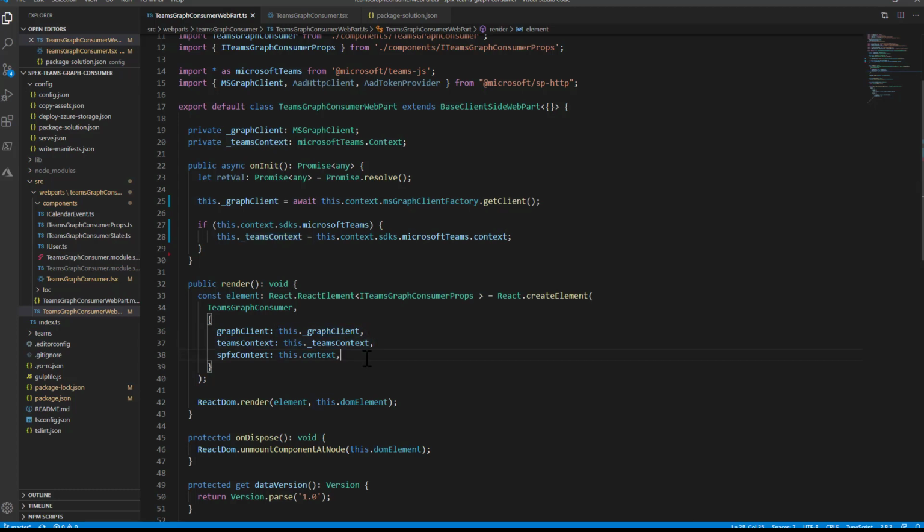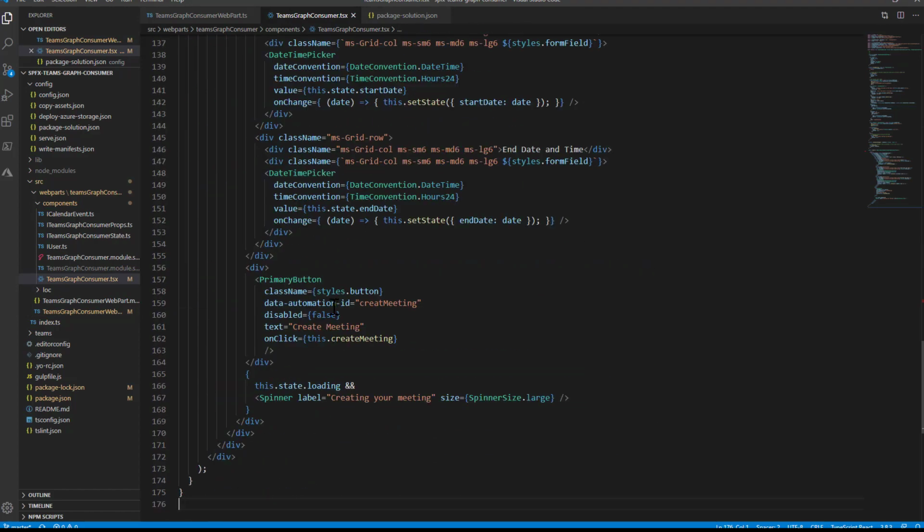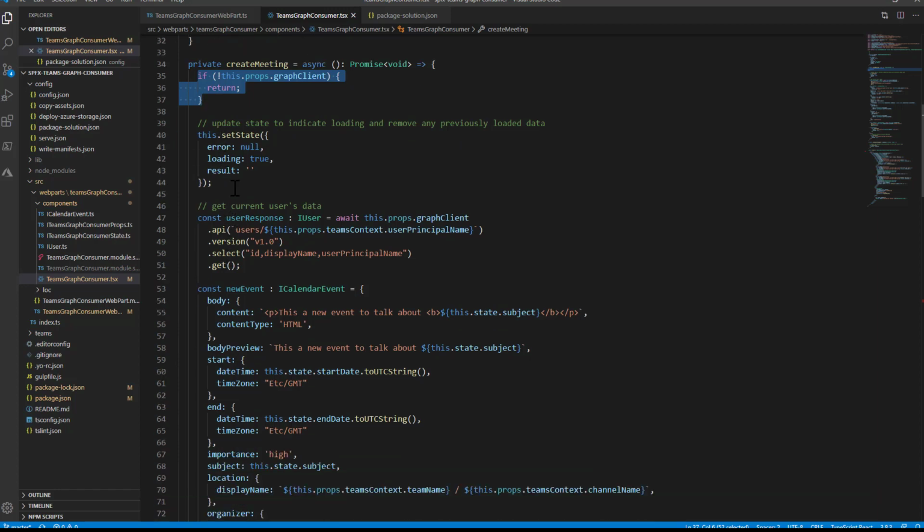Plus, I also want to provide the SharePoint Framework context just in case. By doing that, in the render method of my React component, I will render the button to create a meeting. The create meeting function will simply, first of all, check if we have a graph client object. If that is the case, we start working on the creation of the meeting.